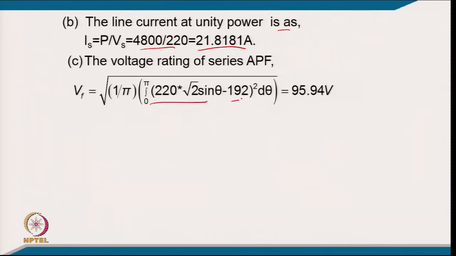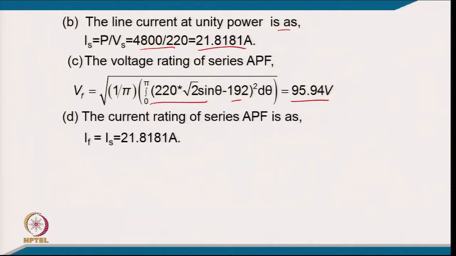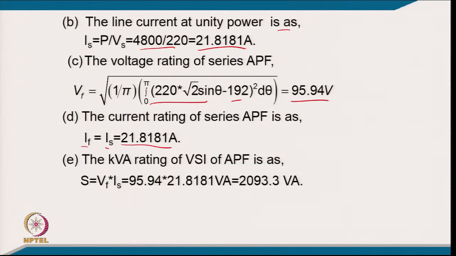So, this will be 21.81 ampere, and the voltage rating of the series active filter will be the difference of the sine wave minus the square wave of 190 volt peak, and taking an RMS of this for 2 upon 2 pi for a half wave symmetry 0 to pi, it comes 95.94 volt. The current rating of the series active filter we already calculated earlier. So, it comes IF equal to IS equal to 21.81 ampere, and the kVA rating of the series active filter is VF times IF. Putting the value of VF and IF, it comes